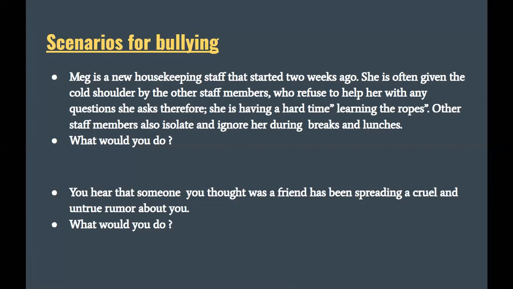I would also talk to other people and say, hey, make sure you include Meg in these things because she feels left out. She doesn't know anything. She's new here, and it's not right to isolate her. Because even though it's something that's minor, it's still something big because it might make somebody feel a certain way. And this is called, like I said before, workplace bullying without anybody ever knowing it. And it can happen in the workplace.